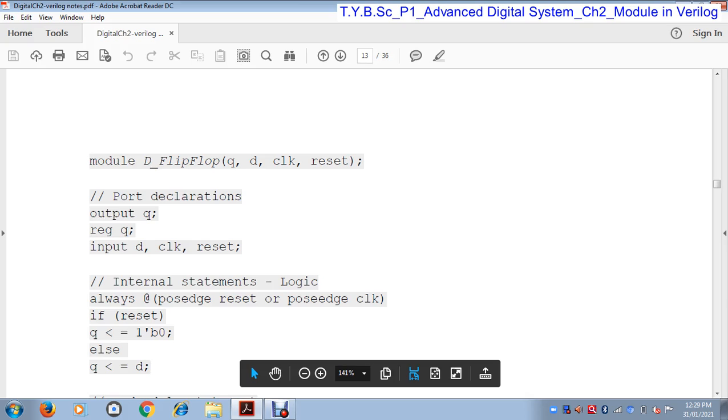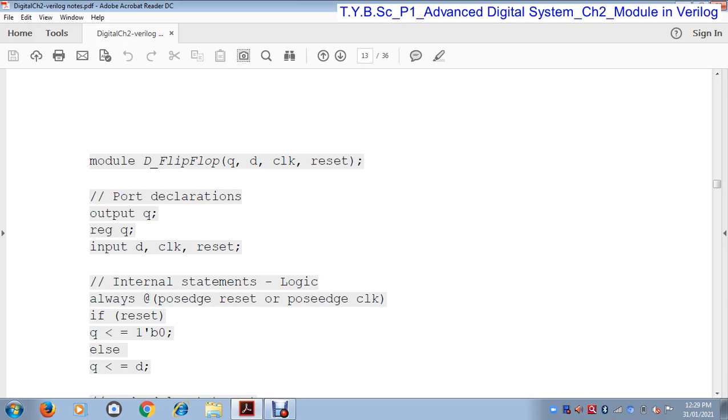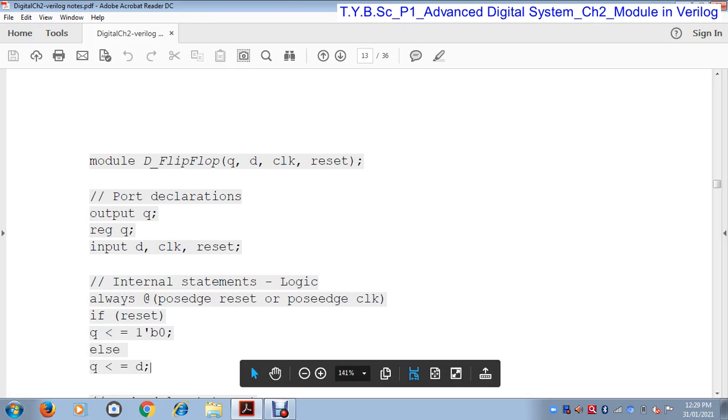So Verilog HDL is similar to C language programming. Here we give a condition: when a positive edge has arrived, then and only then the flip flop is reset. So if reset, that means if the flip flop is reset, then this condition is satisfied. If the flip flop is not reset, then this condition is satisfied.